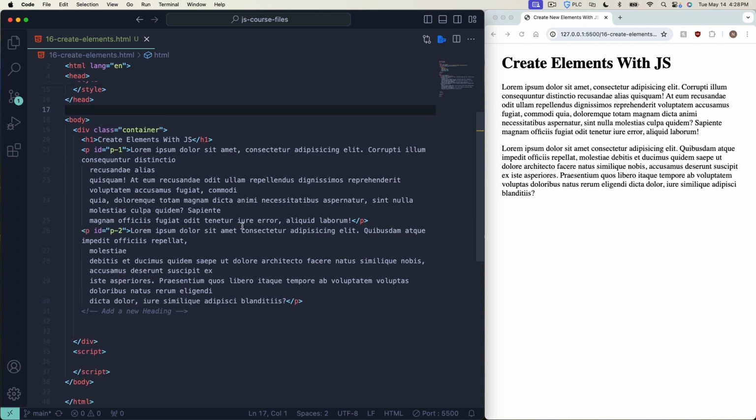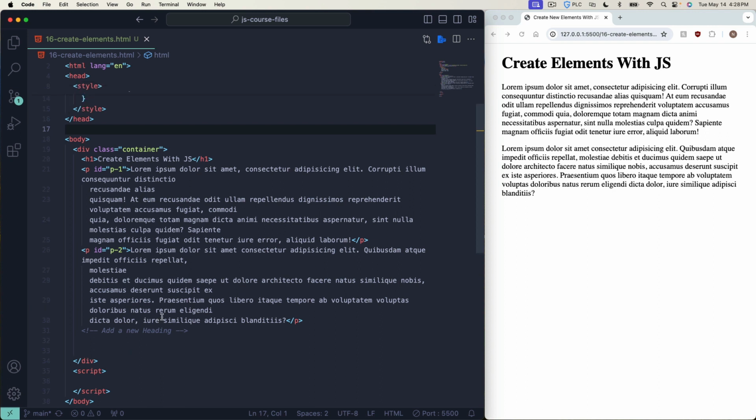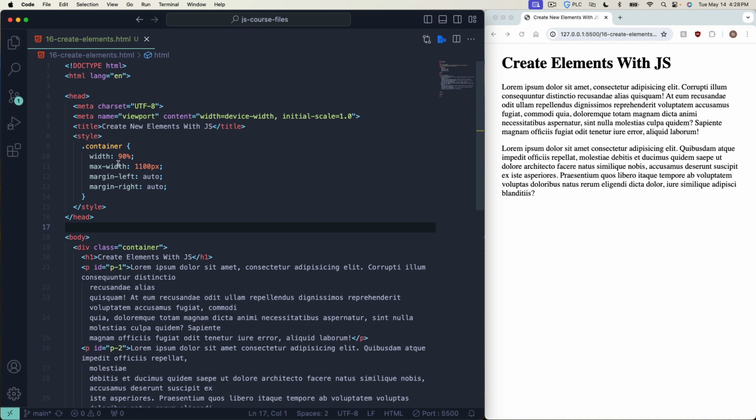I'll get to that in another lesson, but I'm just going to show you how to create elements because there's some steps to it, and you should at least get those steps down before you move on to the more complicated stuff. So as you can see here in the page,